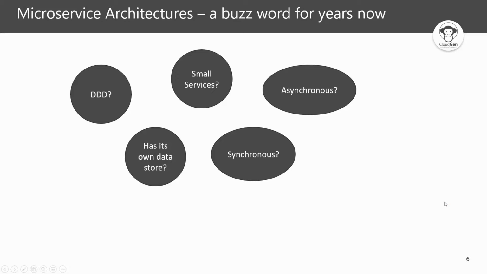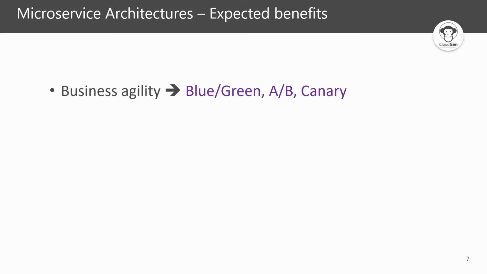I think that we can all agree on the fact that microservice architectures are distributed. These are distributed applications. I think that's the key takeaway of microservices. However, to whichever extent you apply them, and even if you end up with a distributed monolith instead of a true microservice architecture, it's still going to be distributed in the end, and you will be able to leverage some of the expected benefits. Which are typically increased business agility. That's why you would go to a microservice architecture. That's one of the benefits: more autonomy, more flexibility for the business.